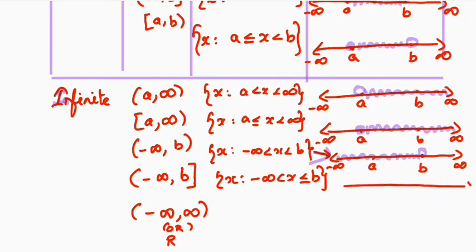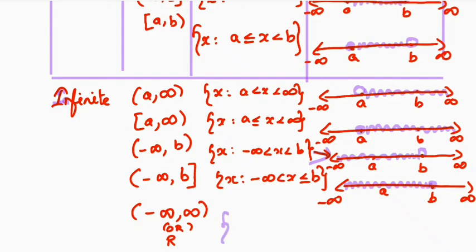Okay, so here how to mark this as the fourth interval? It is minus infinity to plus infinity. Here you will have a, here you will have b, and b is included. So above b, you have to use the filled circle, the set of all real numbers from minus infinity to b. The next one, minus infinity to plus infinity.